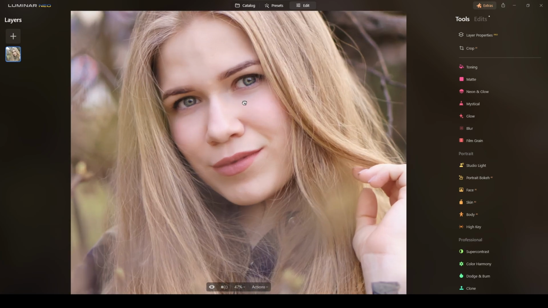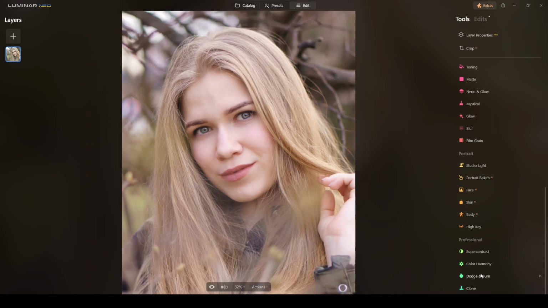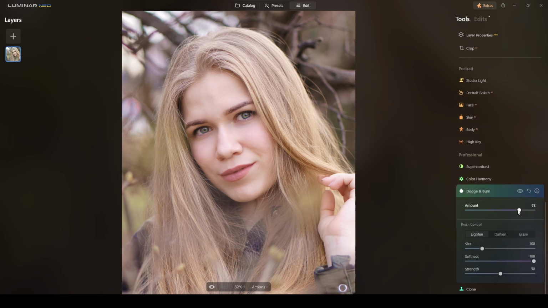So if you have seen my previous videos, my dodge and burn technique is basically I will do the T area, this here, cheek bones, this area, and the same with the darks. Okay, so I will click on dodge and burn. The first one I will do is the lighten or the highlights or brightness, and then strength I typically go to 9. Softness is okay there. The size is according to the photograph. This size is about right for me,